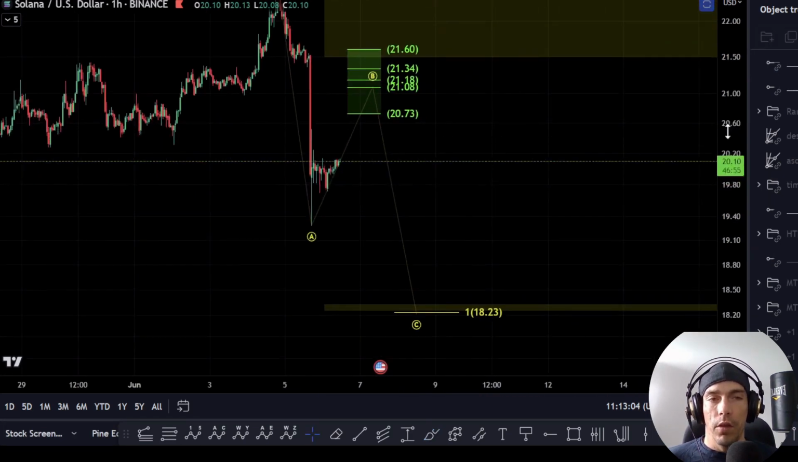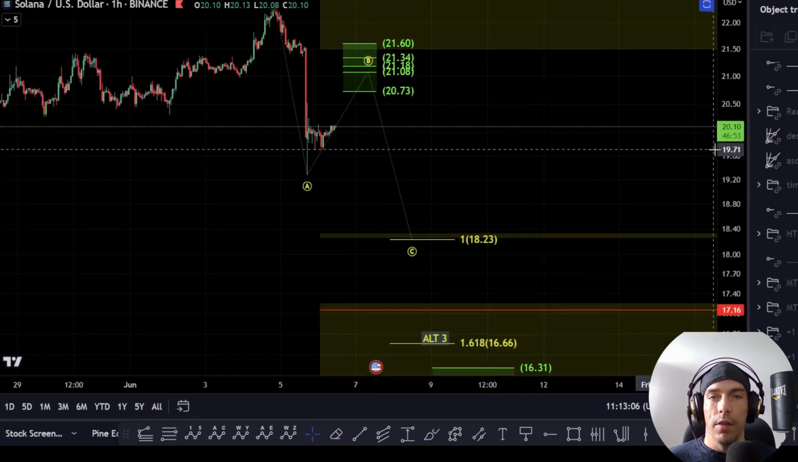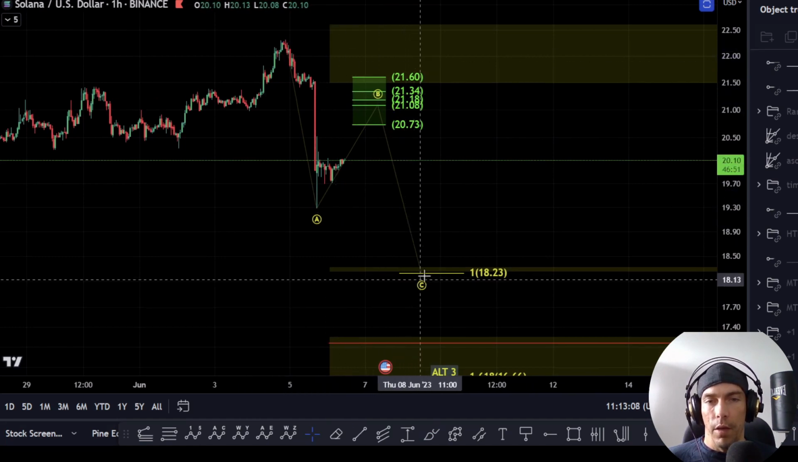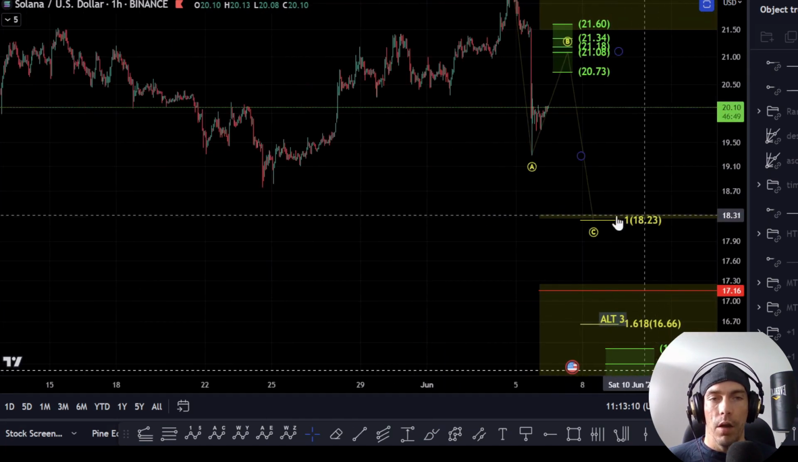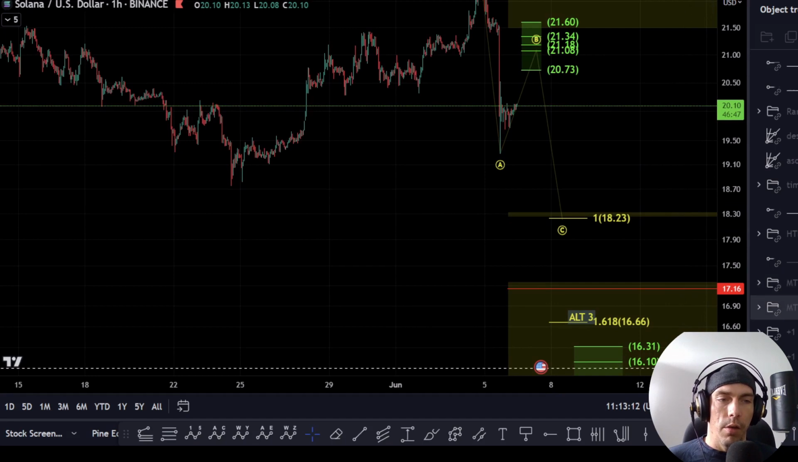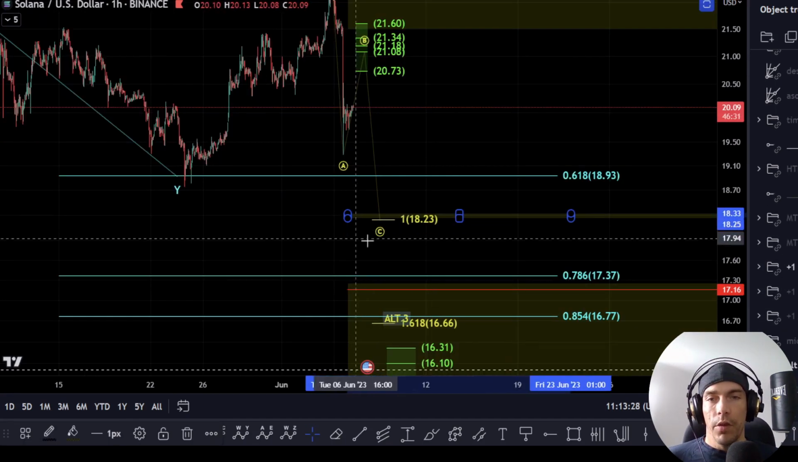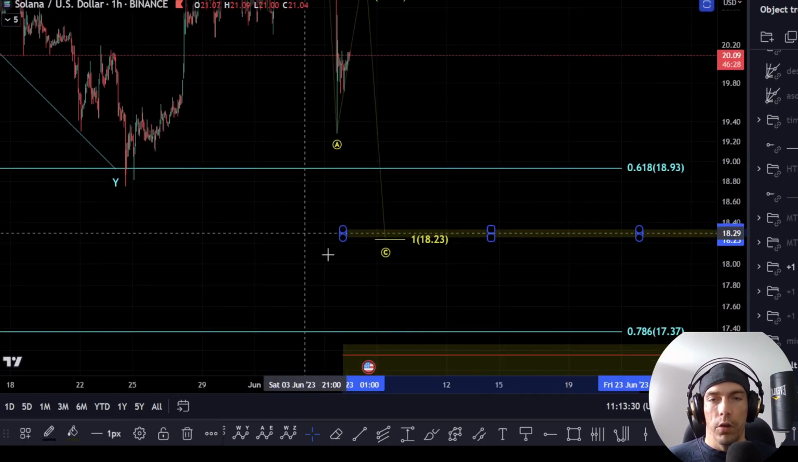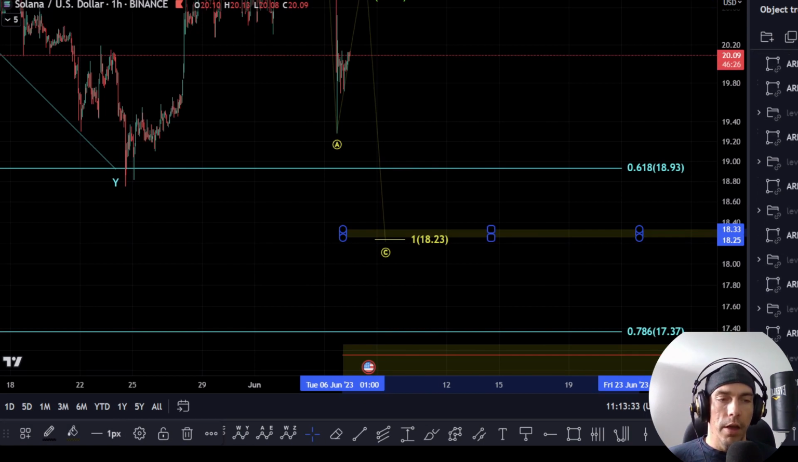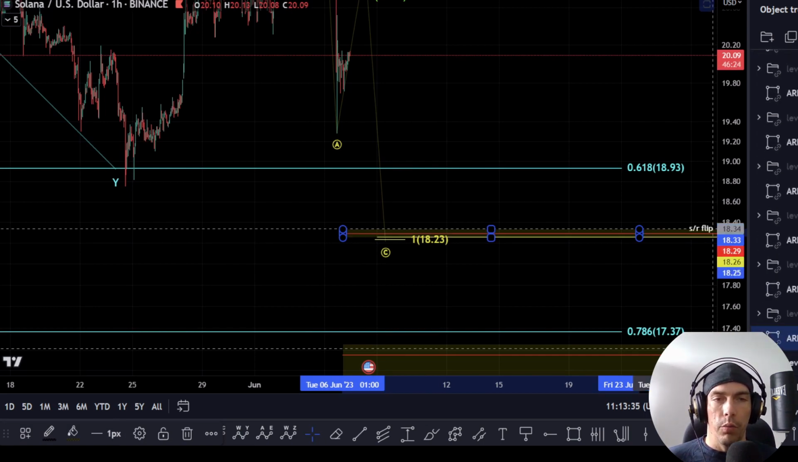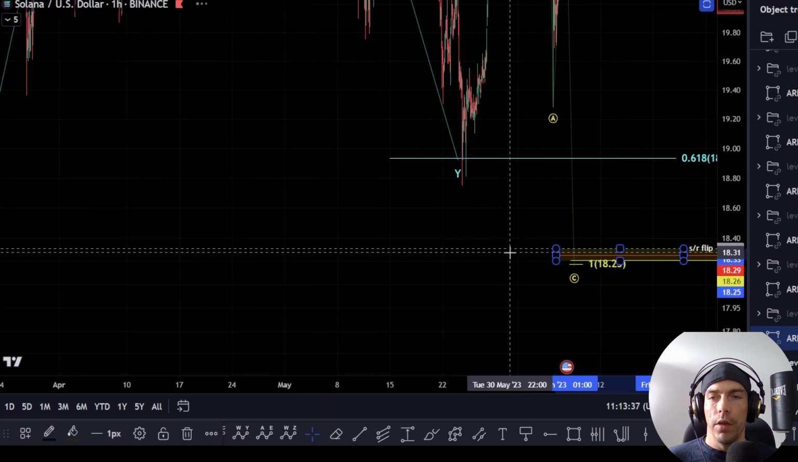Now, once again, within this count, we have the same idea that this is going to be looking for an A, B, and a C. This 18.23, however, would be the target area for this. Now, if we do see that, that would tie to coming back down here into this little target box area that I've got, which actually has a daily and a weekly naked point of control in it, as well as looking at this as a